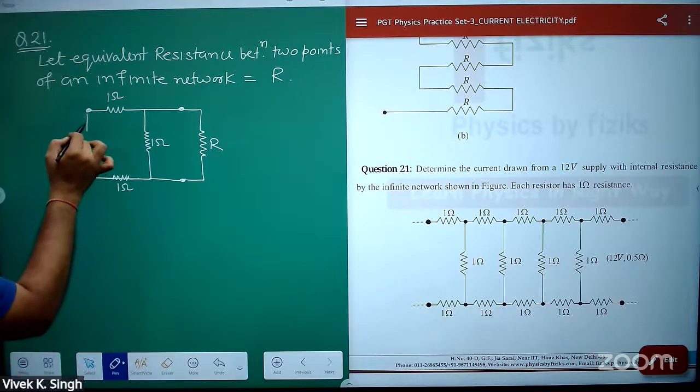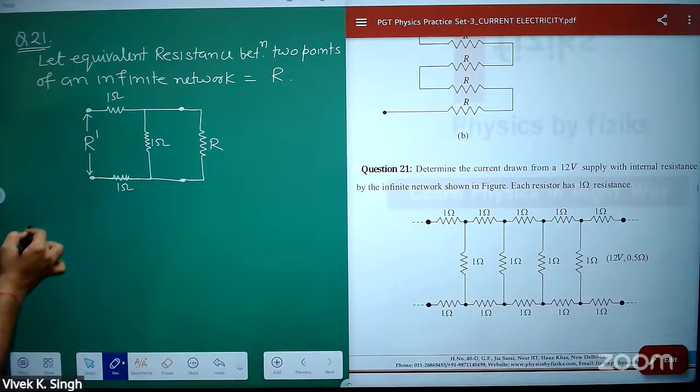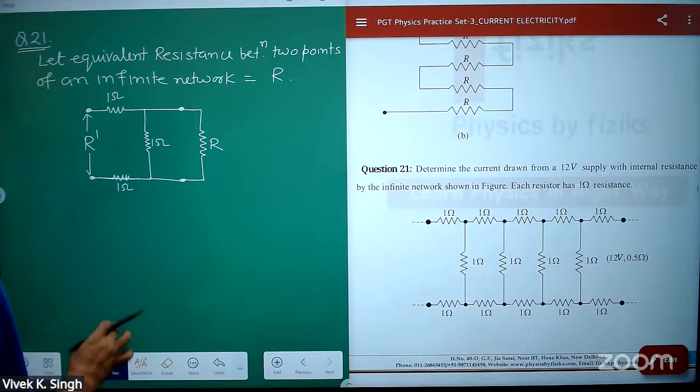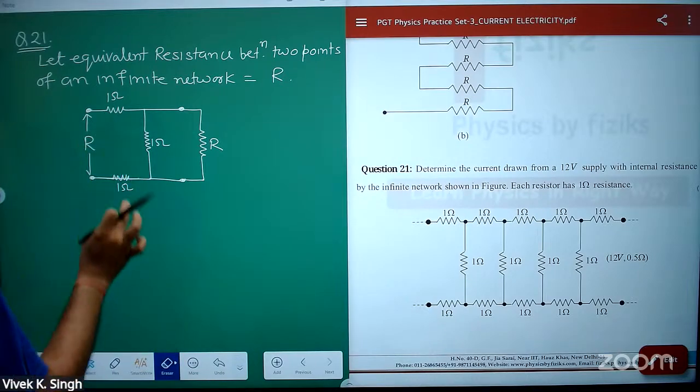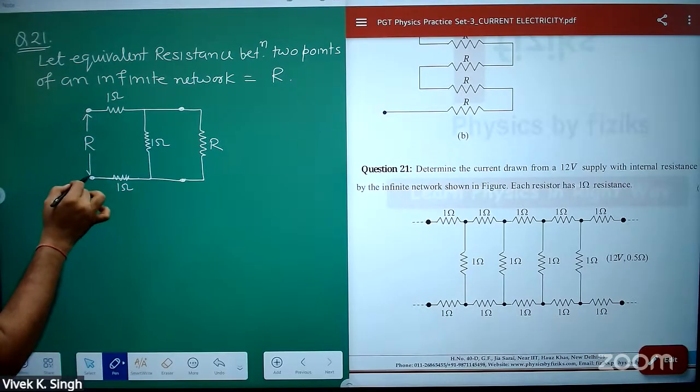That is also R, simply R. You can take it as R. So this R will be given by, because at any 2 points equivalent is R,